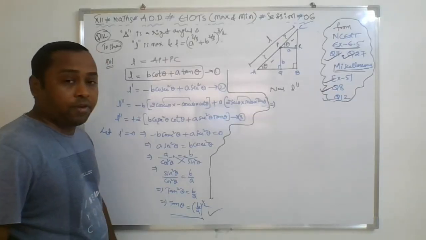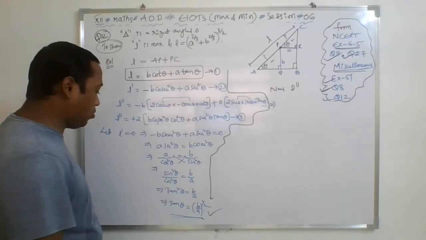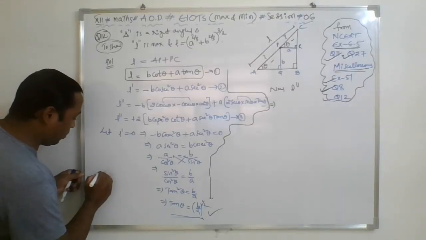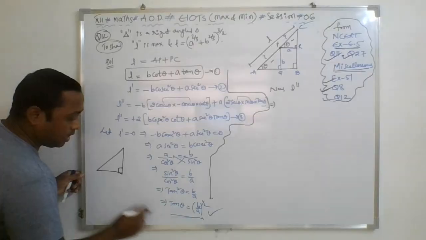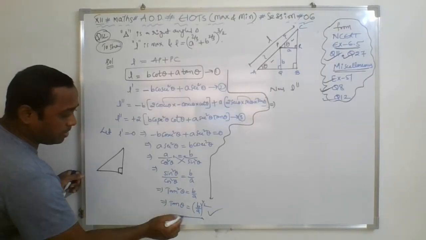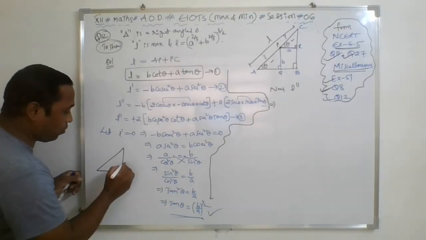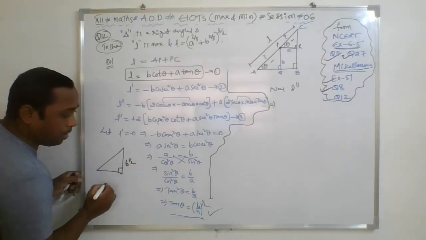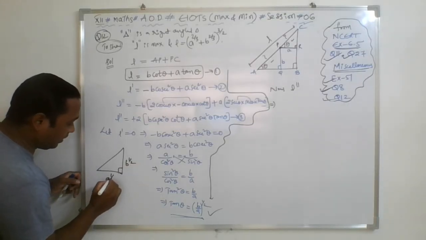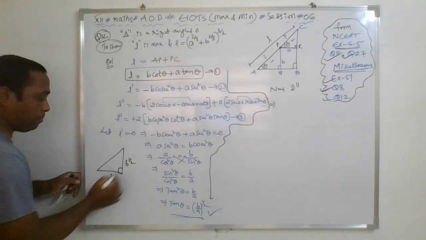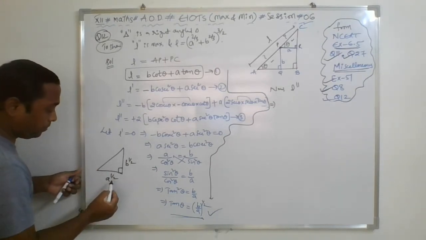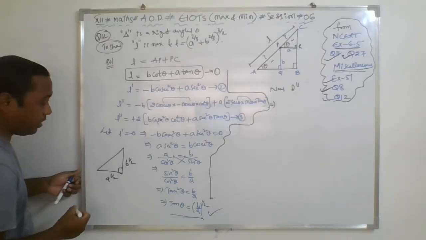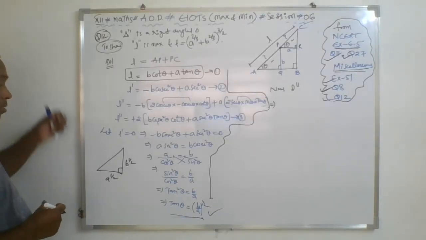That's why we need to find the third side of the right angled triangle. So here I am using the right angled triangle concept. If tan theta is this, it means perpendicular upon base. I know perpendicular is b power 1 by 2. Base is a power 1 by 2. By applying the Pythagoras theorem, square of this value plus square of this value, and whole to the power of, what will it be?